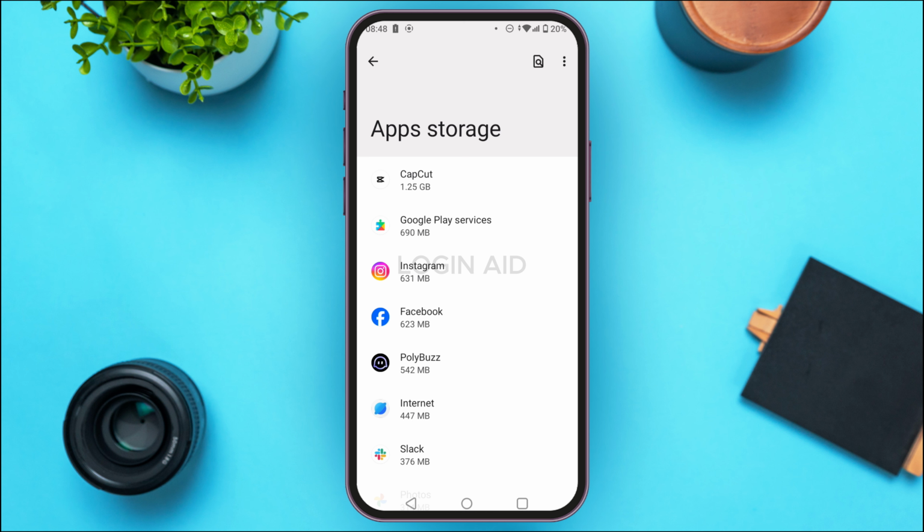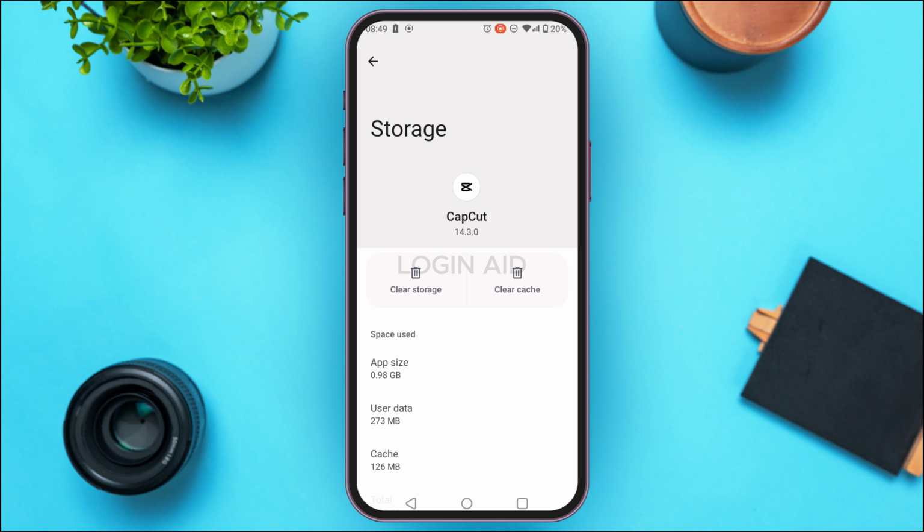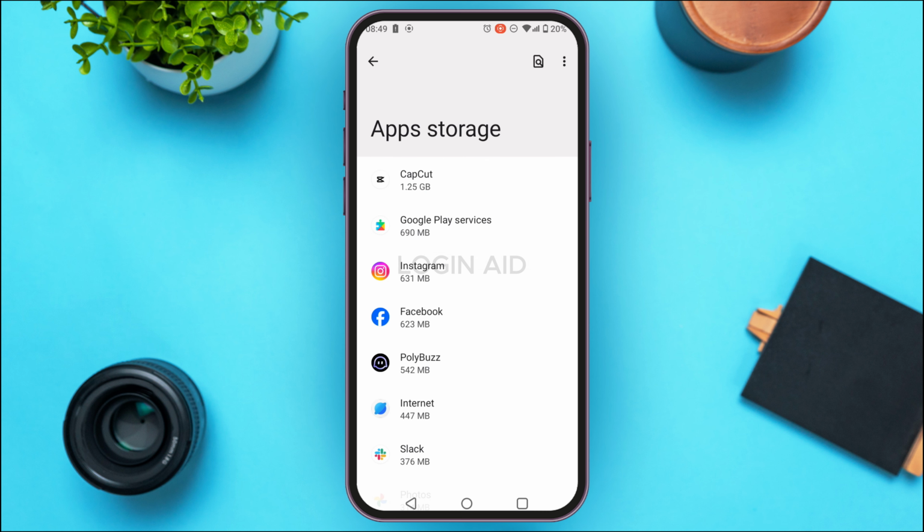Now you'll be led to the app storage interface. Tap on any application that you think might have the cache data. Now you'll be led to the storage interface of that particular app. What you have to do is simply tap on the option clear cache. Now the cache of that particular application will be cleared. Now you can simply follow this process for all the applications that you think might have cache data. This might improve your phone's performance,